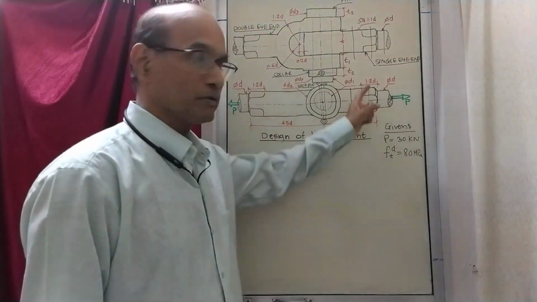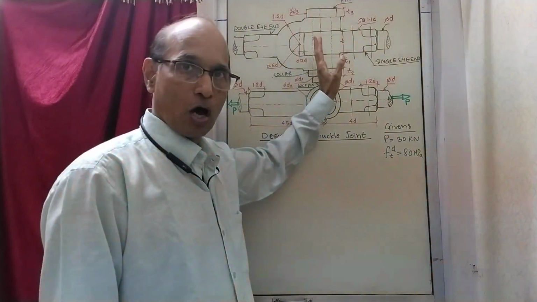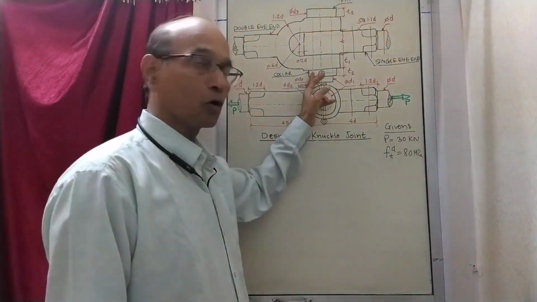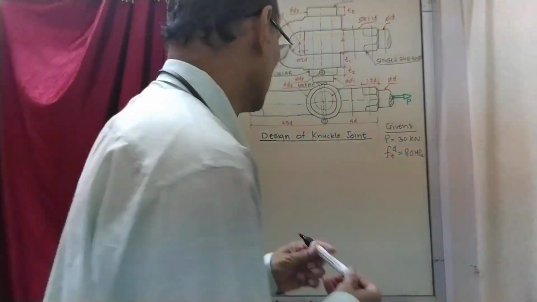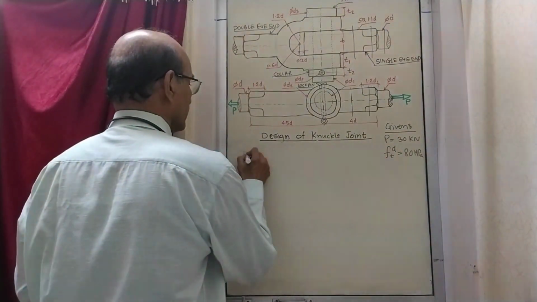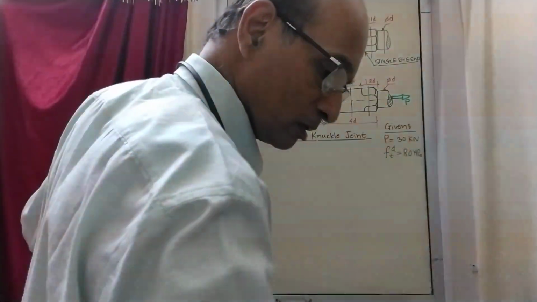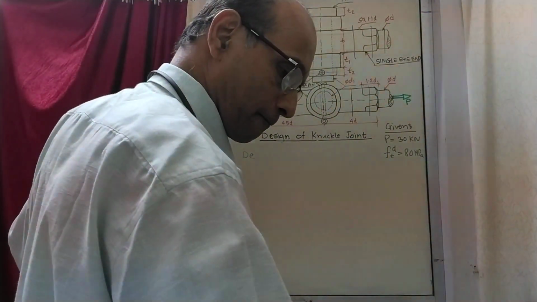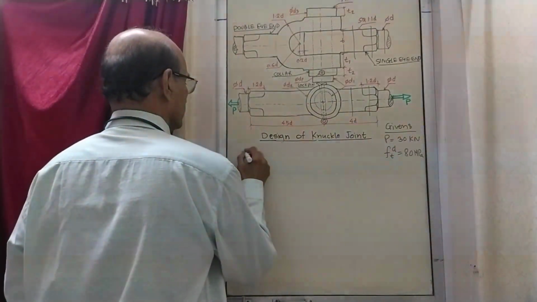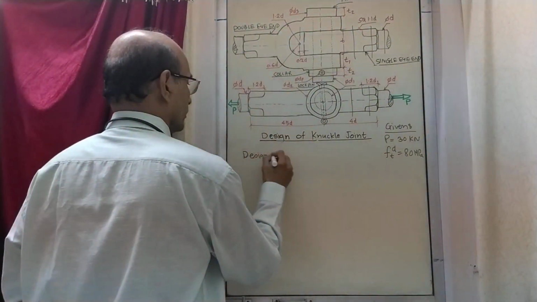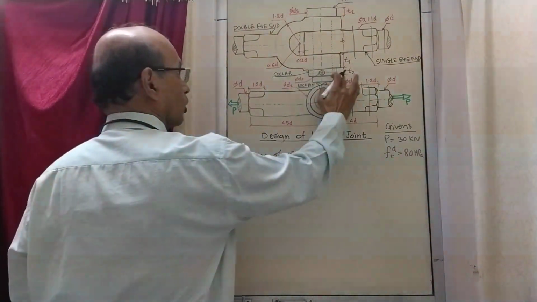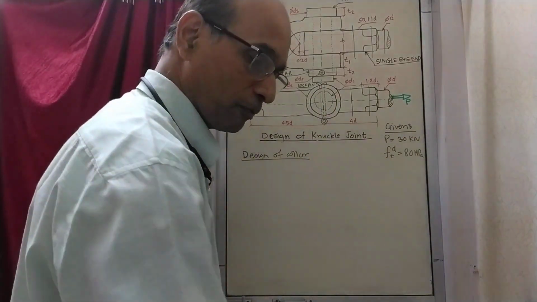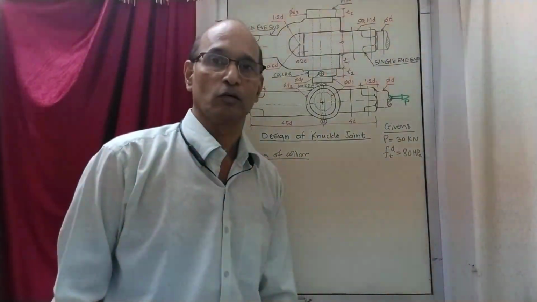Okay, so we saw single eye and double eye, and now pin also we saw. Now the remaining parts are collar and lock pin. Collar and lock pin. Now, what do we do with this? Let me just write design of collar and see whether something is required here. Design of this collar.